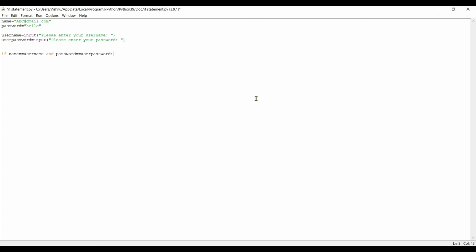So the same thing we are going to do here. Whenever these two statements are true, we want to print welcome to Facebook. Otherwise, we want to print please check your username and password.